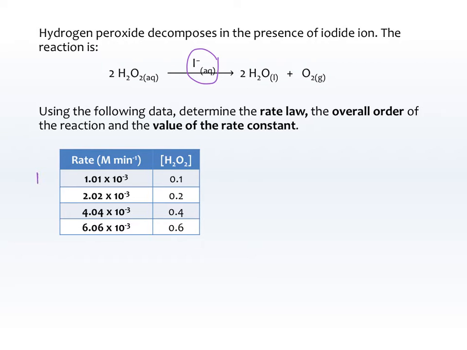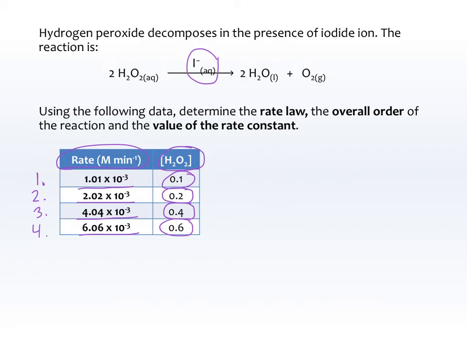There was some researcher who did 4 separate experiments. In experiment 1, he made the concentration of H2O2, the only reactant, 0.1 molar. And then he measured that the rate of the reaction in molarity per minute was 1.01 times 10 to the negative third. In the second experiment, he doubled the concentration and noted that the rate doubled. In the third experiment, he went up to 0.4 molar and noted the new rate, and in the fourth experiment, he went up to 0.6 molar and noted the new rate,